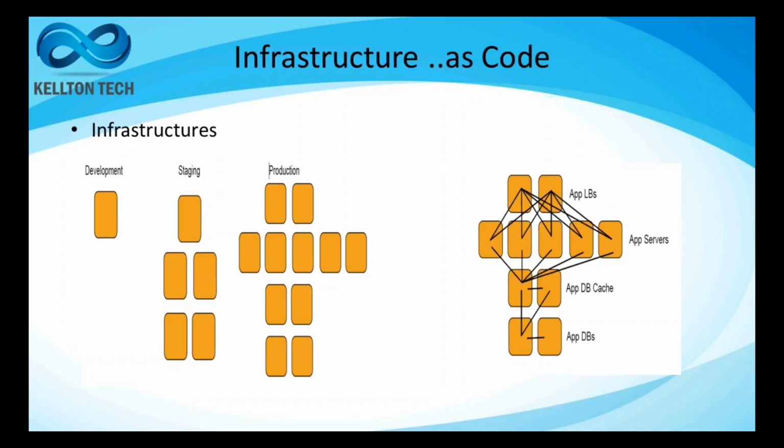We'll write a recipe for the development environment, staging environment and production environment. For example, if I want to create a standalone environment, I will write a recipe saying: install the web application server and create a server, create JVMs, and after that deploy the application on top of the JVMs and configure the databases, the queue configurations and JMS configurations, and all will be instructed in the recipe. And that will be made a recipe as part of the cookbook,